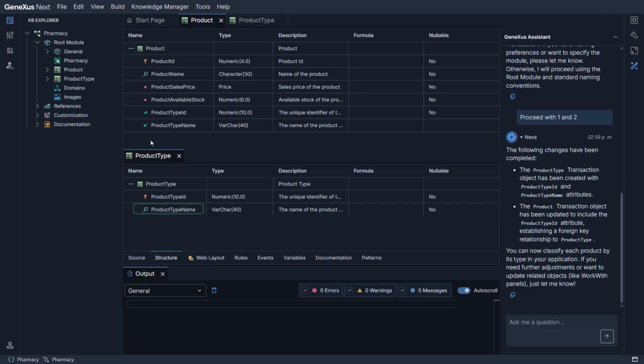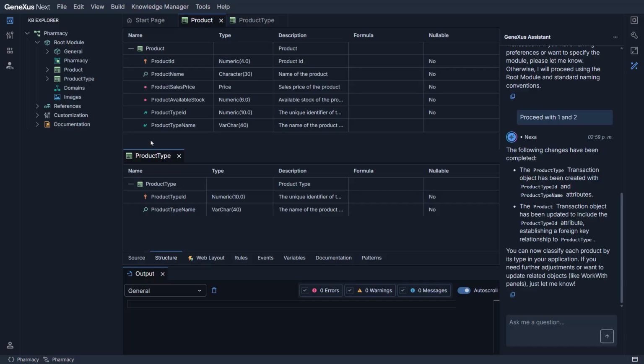What happens with the product type name attribute? It is also present in both transactions. However, it is not marked as an identifier in any of the defined transactions. Therefore, GeneXus will understand that it is a secondary attribute. Thus, the product type name will be incorporated into the physical table named product type, but not in the physical